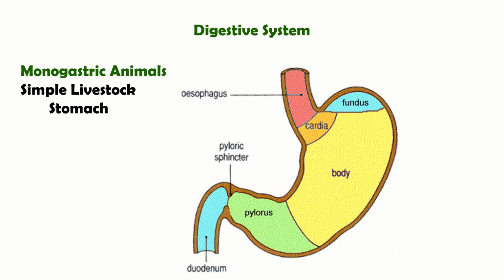Okay, so let's go with the different parts of the stomach. A stomach is a J-shaped organ with two openings. Kung makikita nyo dito sa picture, meron siyang two openings: the esophageal and the duodenal. Yung esophageal opening ng